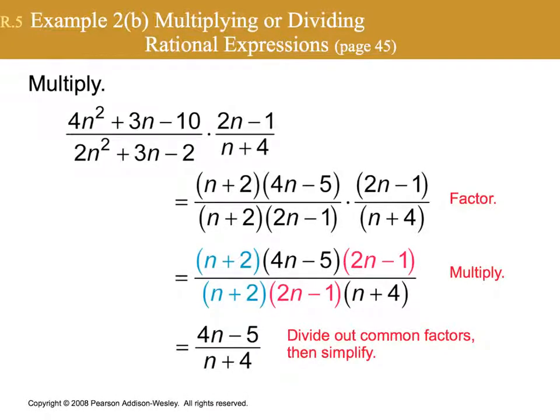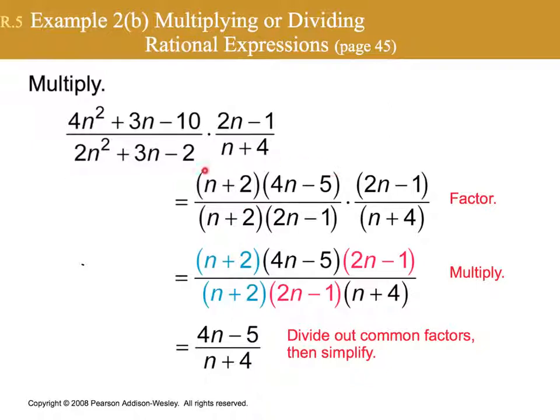This particular problem definitely is ramping up the difficulty, where we have 2 trinomials over each other and 2 binomials over each other. We're going to have to factor out these trinomials. I would highly recommend that you use the method that I gave you in class the other day. And so now that we have these factored out, now that we've factored out our work that we did, we can determine that what we have are